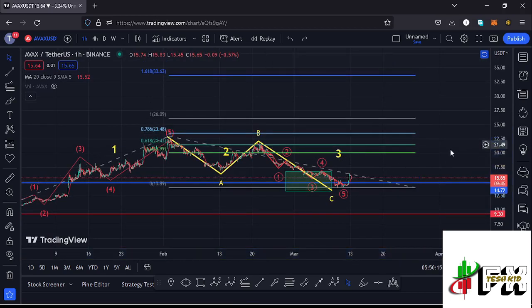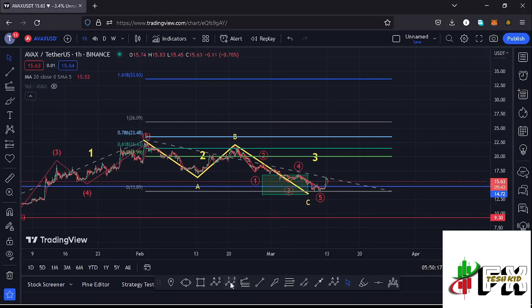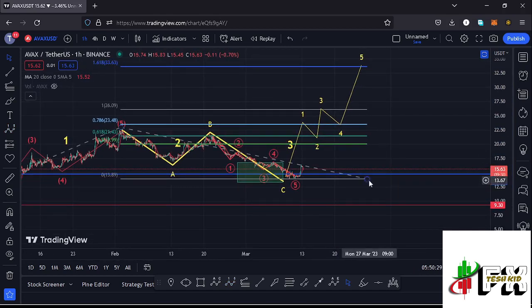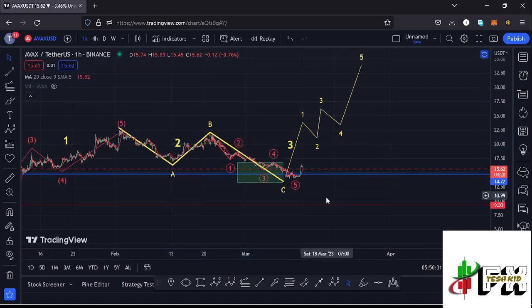And because of the impulsive nature in the formation of that wave 3, I'm also expecting to see a 5-wave structure in formation within the formation of that higher Elliott wave count 3, having the wave 5 fully maximizing our target areas at around the $33.63 mark. So that is what I'm expecting here on the short-term scenarios, and I believe we are seeing such a movement